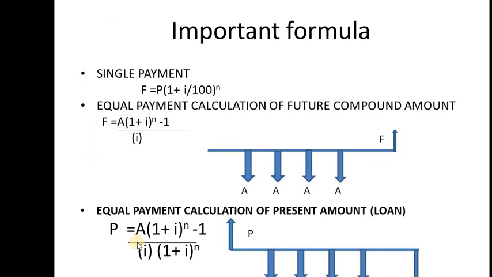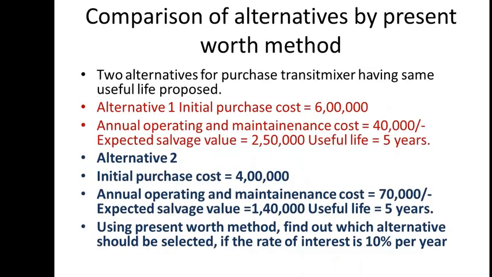Okay. So whether to use this one or this one. Now what am I calculating? Present worth only I am calculating, right? Every year I am paying 40,000, which means presently how much should I pay. That is my question, right? So I have to choose this only. You understood? Not the future one. I am just checking, every year if I pay this much amount, what is the present worth I should pay. That is my question. So this formula only I have to use. For the present worth calculation, P is equal to A into (1 plus i) to the power n minus 1, over i into (1 plus i) to the power n. So you can choose this formula. Okay, we'll go to our particular problem side.